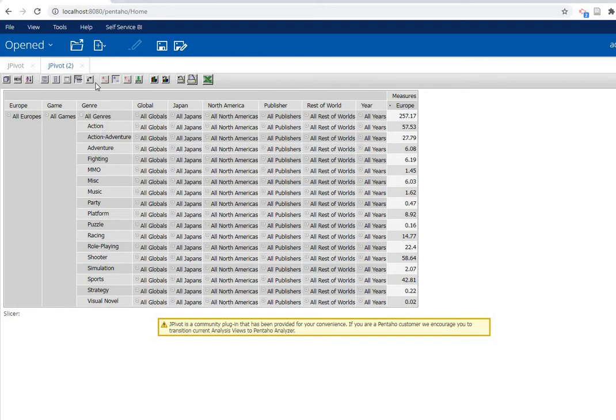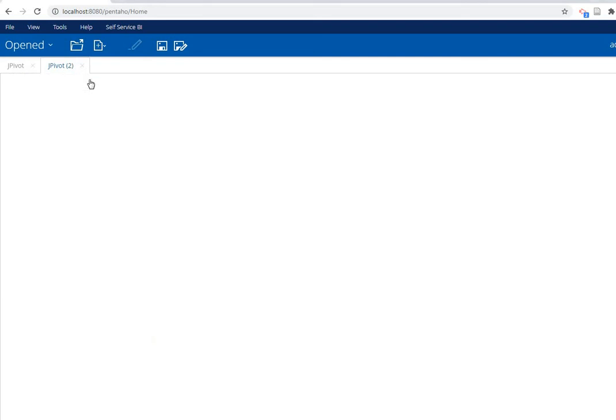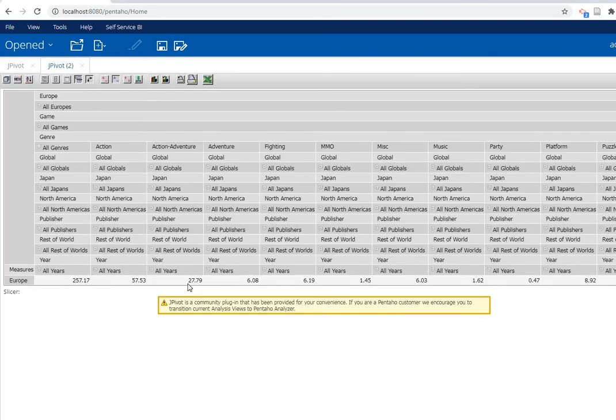So you have an option again if you want to swap your axis. If I want to swap my axis, I can click on swap axis, and it's going to give you the same report with the axes swapped. Then it also has a functionality where you can show this same report as a chart, or export it to an Excel sheet. So that's all the functionality that comes with using